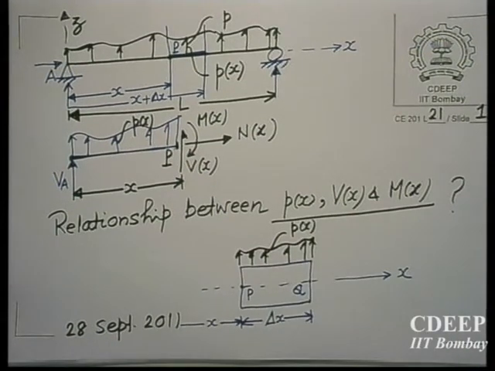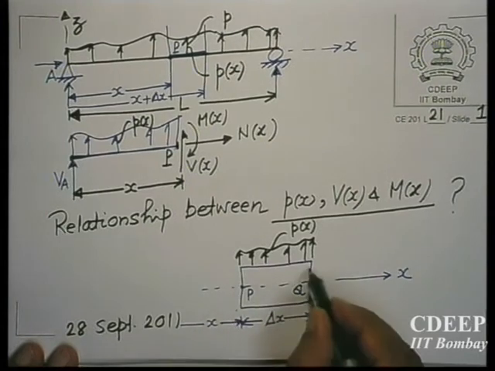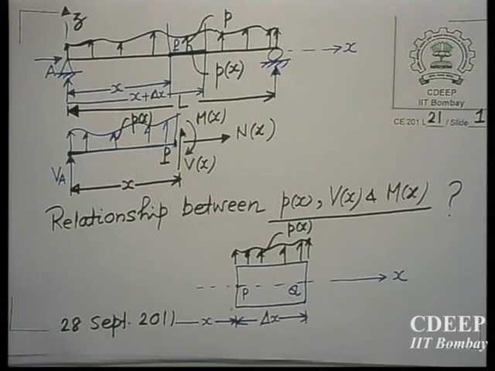It is a distributed load, and this small element of size dx will be in equilibrium under the action of this external load which we are seeing, plus the internal loads that will be exposed when you have cut at a section P and at Q. So, what are the forces that exist at these 2 points?